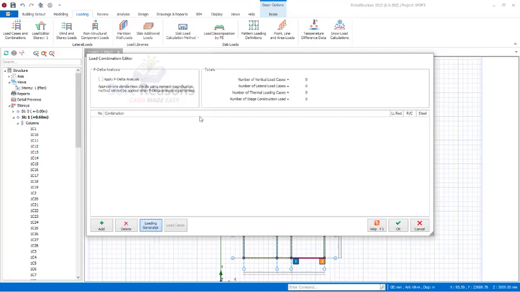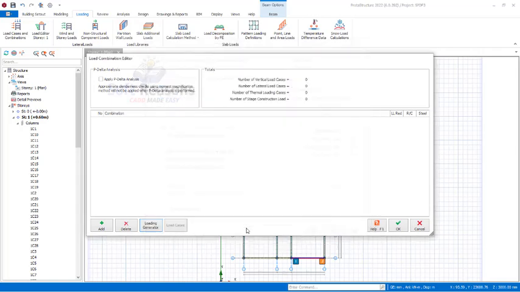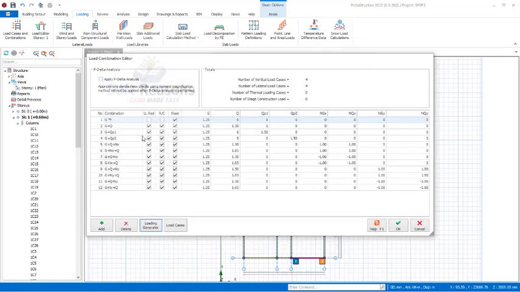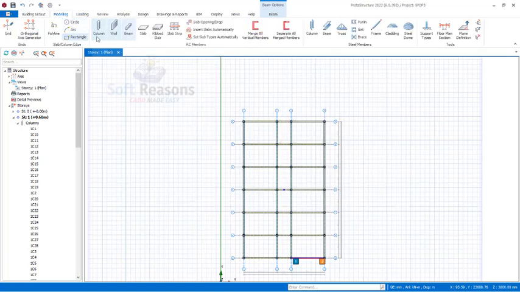So in the loading generator dialog, you just have to choose all the necessary load patterns you want to apply. We wouldn't need horizontal load because it's not a high-rise structure, so we don't need a wind load. Click on the OK option to apply the loading combinations in respect to Eurocodes. Then click on the OK option, after which you can navigate to the modeling tab and click on the